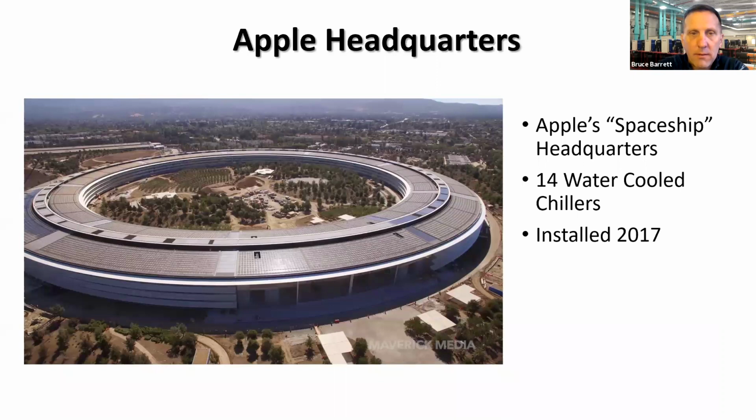A couple jobs that we're very, very proud to talk about because of not only the scale, but the prestige of them. We've got the Apple headquarters building in California. It's 14 banks of modular chillers installed in 2017. They had a high consciousness for low refrigerant charge. They don't have any refrigerant evacuation in this building. They had a high consciousness for redundancy. So they can lose multiple compressors, multiple circuits, still have enough cooling for their facility. They wanted that redundancy, and that's why modular fits so well.